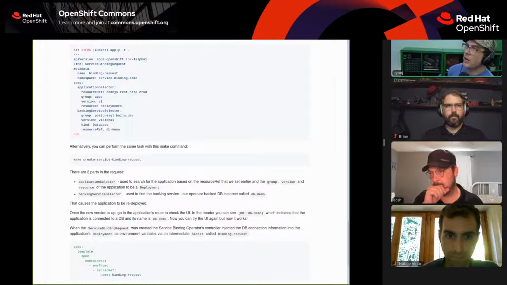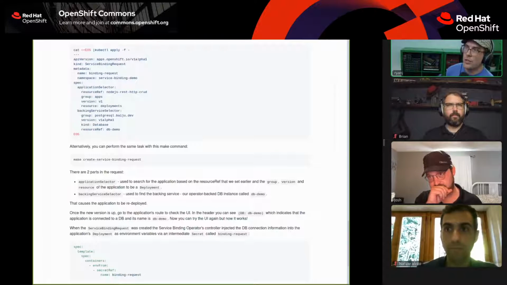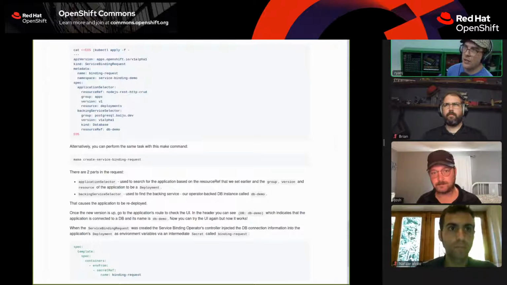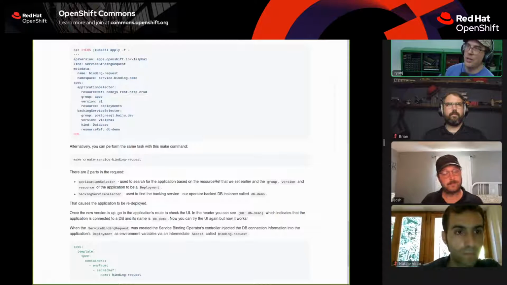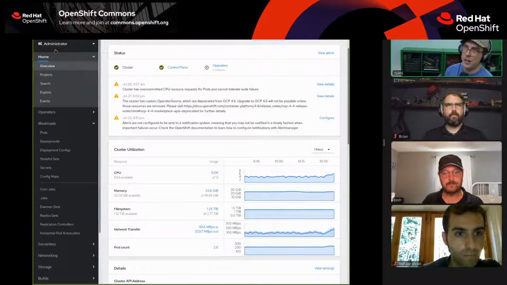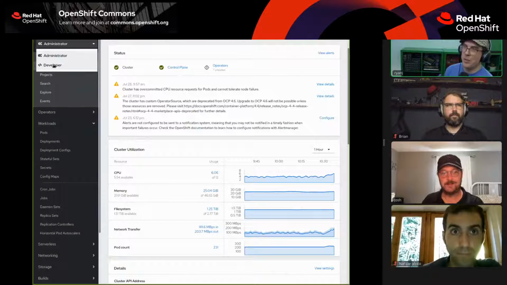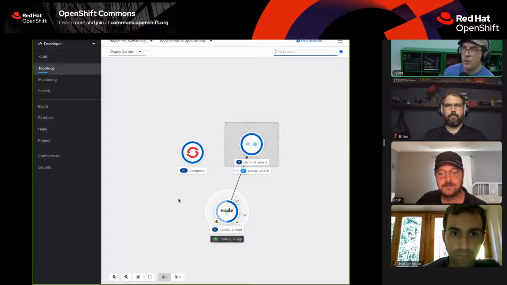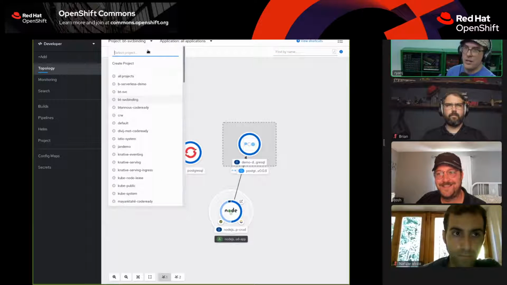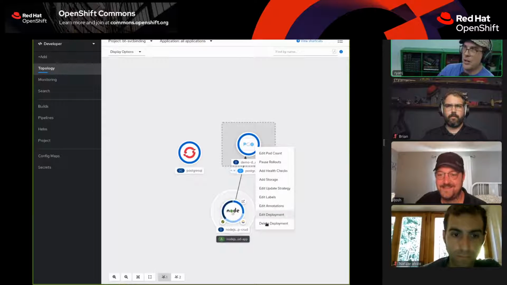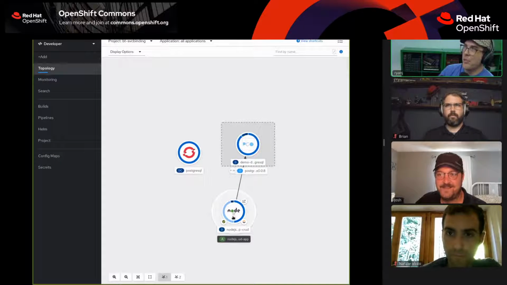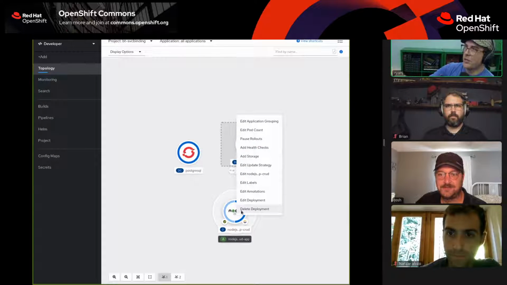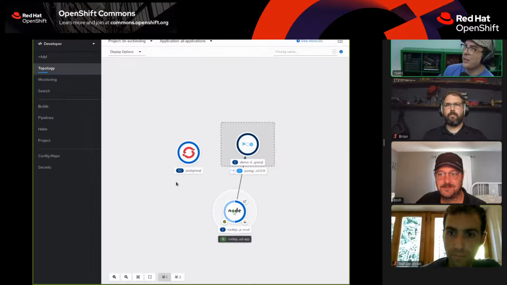I wanted to take, oh, Serena in chat mentioned that you can right-click on a Node.js app and then tell it which database you want to add, and the service binding operator will automatically just leap into action behind the scenes, so that when the database arrives, all the linking and labeling and everything has basically already been done for you. So that might be interesting to look at from the UI, right clicking on the Node.js deal.